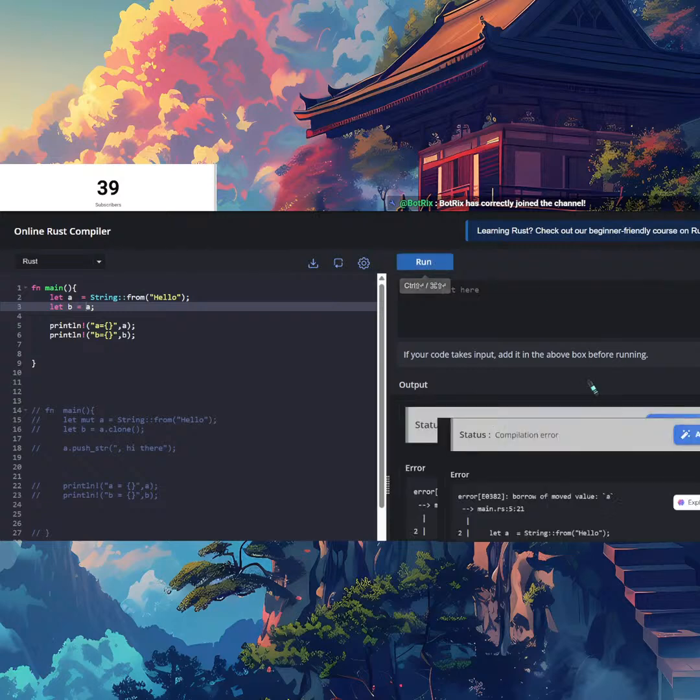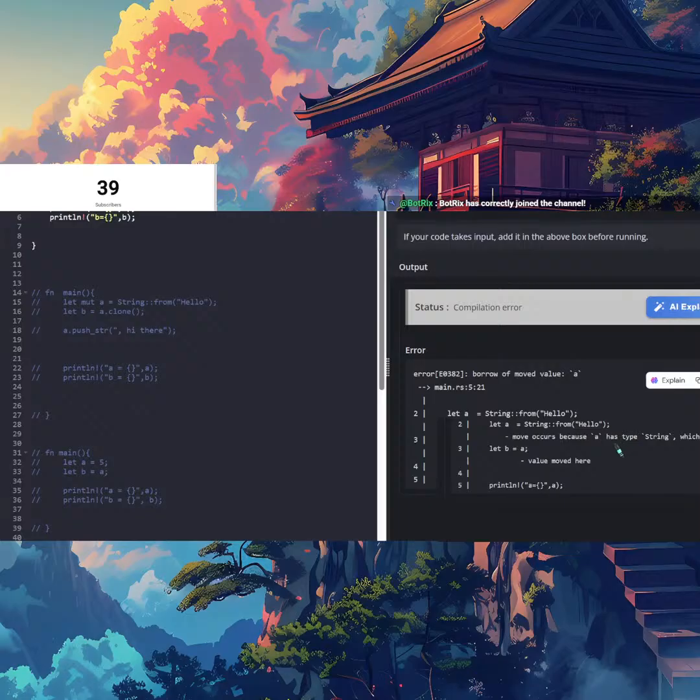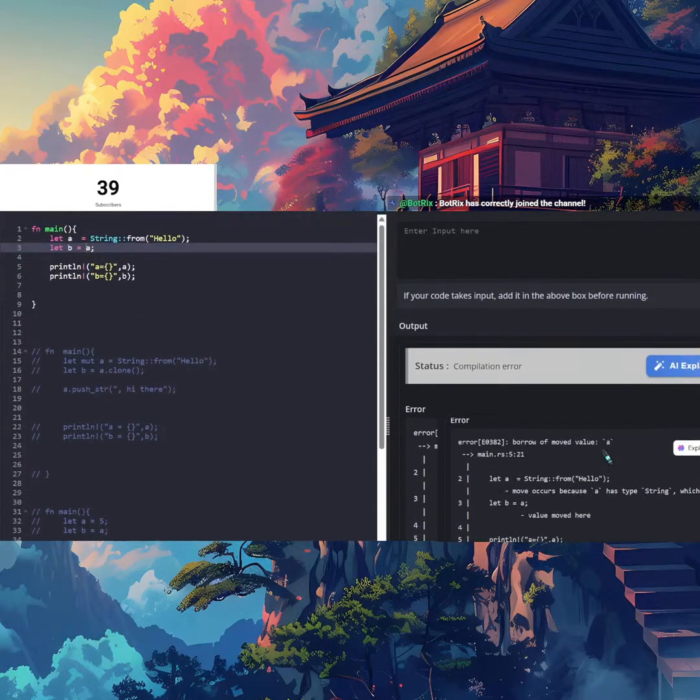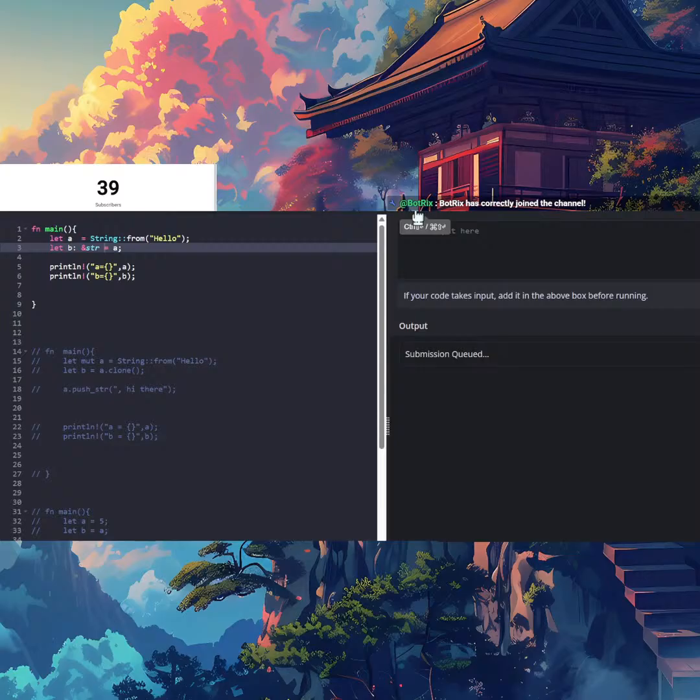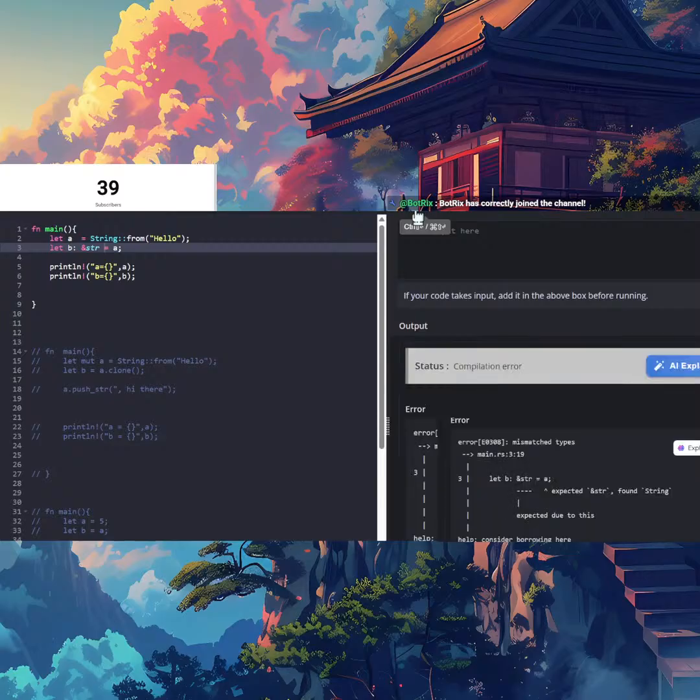Yeah, it's an error because it's already a valued string, and let is not knowing what type it is. But if you just do this instead, b: &str, and it's equal to a, I think it might work because now it's a valued string. Oh, it still isn't.